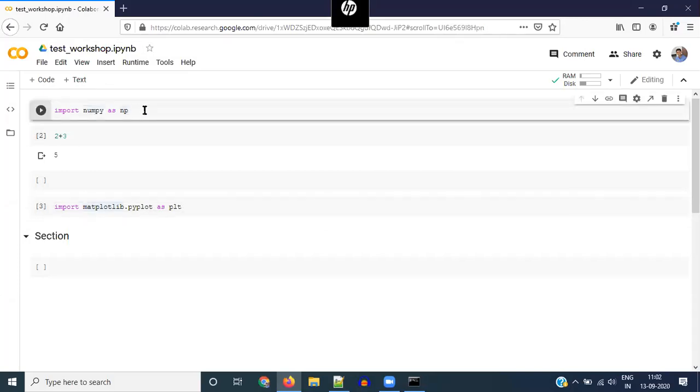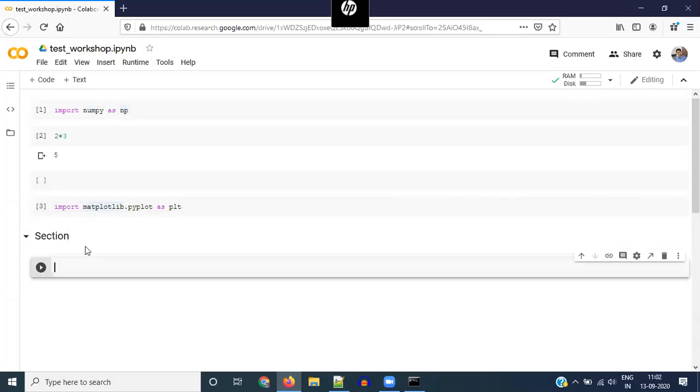But one problem with this is by default, if you want to read some data that's on your computer, or you want to save something from here, then it can't directly access your computer. It only has access to your Google Drive. So if you want to work on some specific data set that you got from somewhere else, say some files or CSV files or anything like that, then you have to upload that to your Google Drive account and then attach your Google Drive account to this Colab notebook.